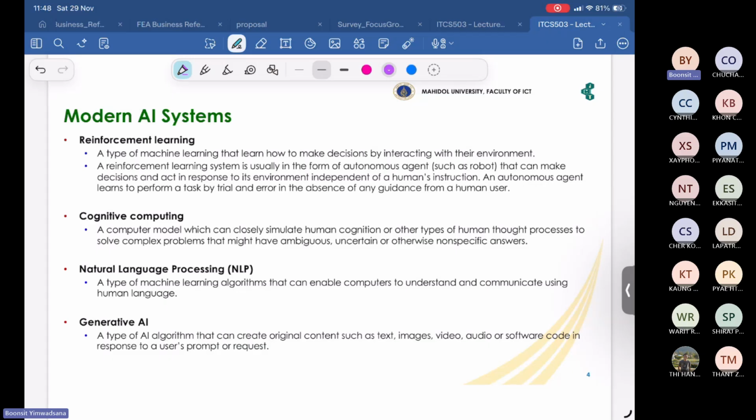Cognitive computing is a machine learning model that can closely simulate human cognition. Cognition means to realize what is what. Cognition is a big topic in artificial intelligence. Cognition and consciousness are very abstract. To be conscious or to